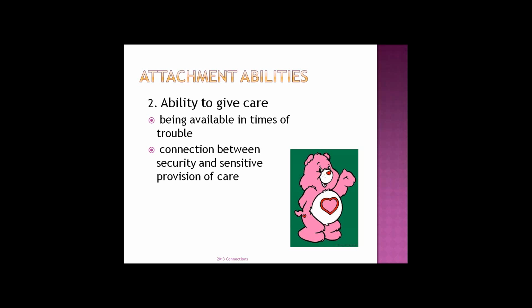Here's another thought about offering care to another person. It isn't about you getting something in return. It isn't about so you can feel good about yourself. Although that happens, that's kind of a side benefit. A true, authentic attachment skill in the ability to give care is to give that without thinking that it has anything to do with you. That it's about meeting that person where they are, sensitive to their needs, not yours. Okay? The second ability to develop is an ability to give care.